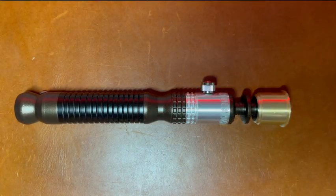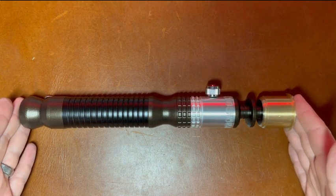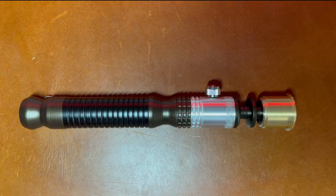Hey, what's up, Joe? Quick demo video for you for this custom Master Cordova. I know I've said it a million times, but I like to go over everything in my demos anyway. For those who may not know, this is a saber that I completely machined in-house from just some regular aluminum